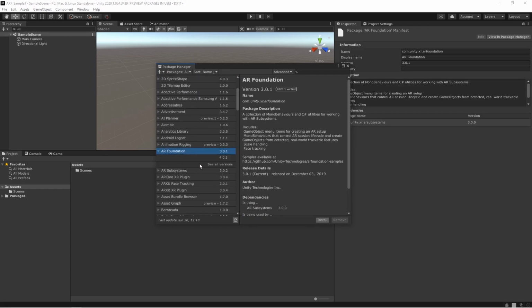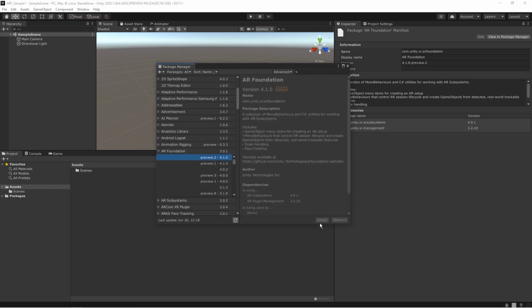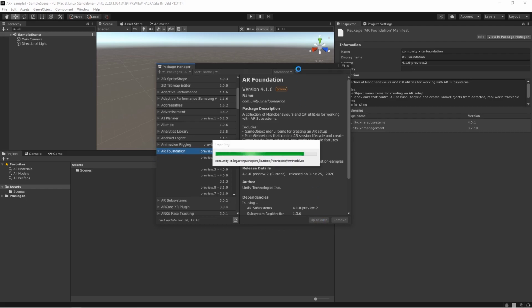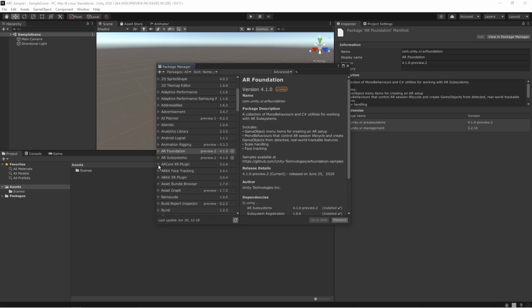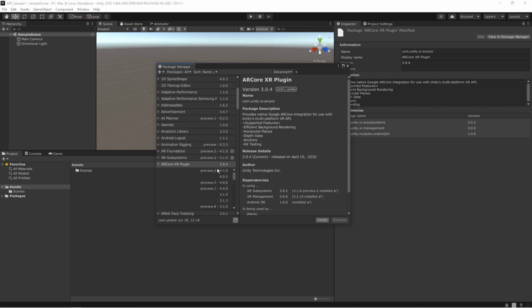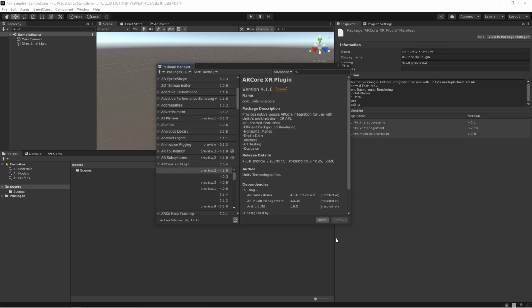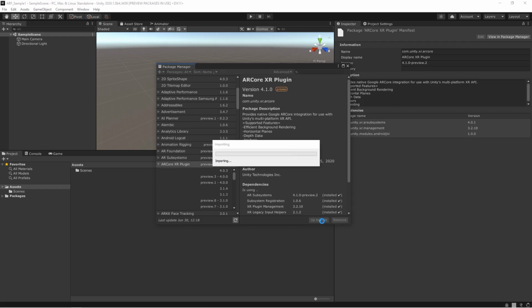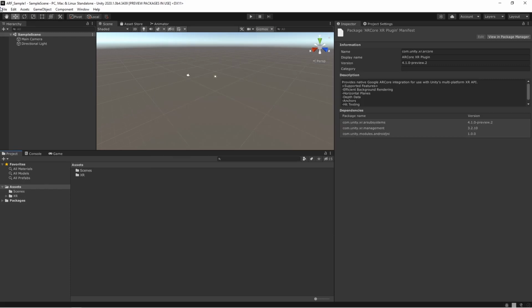So you can go to the packages. In all packages you can select the AR Foundation package. You can download that, which we need. Now we need 4.1 because we are using depth. Also we'll be creating a depth based application, which is occlusion in other words. After that you need the AR Core package also, which supports AR Foundation AR functionalities. It is imported now.